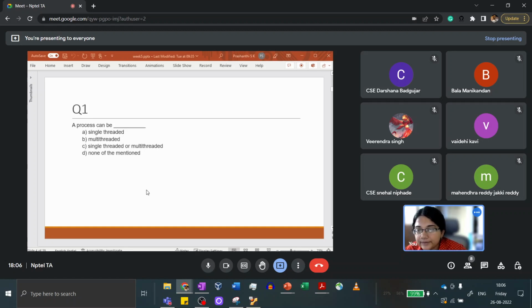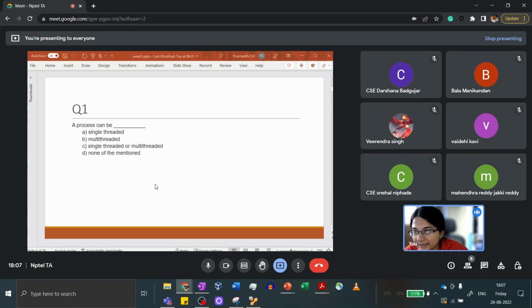Here's how we'll do the questions. I'll read out the question and the options and prompt for answers. You can type out whatever you think is the answer on the chat box, and this is not a test, so don't worry about whether it's the right answer or the wrong answer. The main point of making this session interactive is so that I can tailor how I talk about these concepts. For instance, if people are confused about 2 or 3 options, then I can focus on why a particular thing is the right answer and why the others are not, and that will help you gain a better understanding of your concepts. Don't feel hesitant or shy to post answers on chat. You will not be judged for whatever you post.